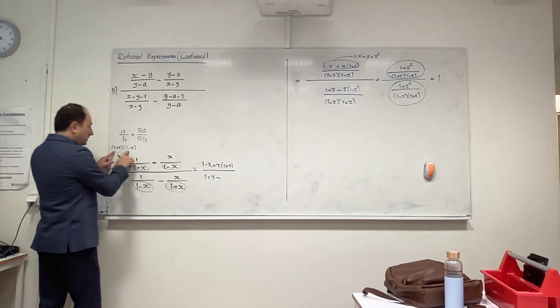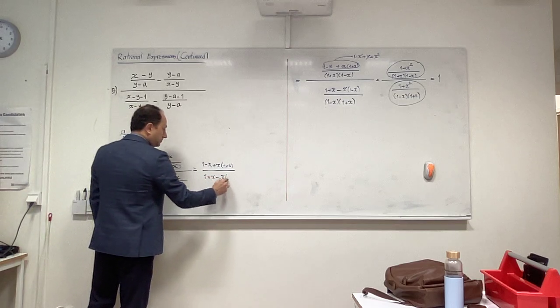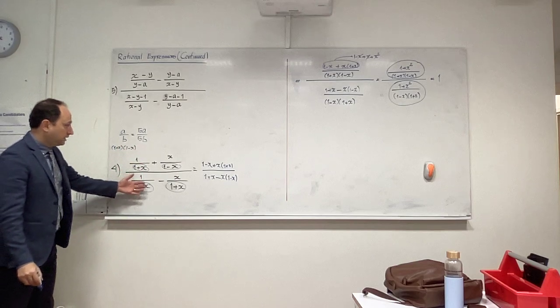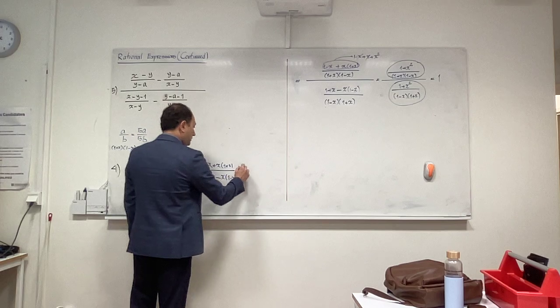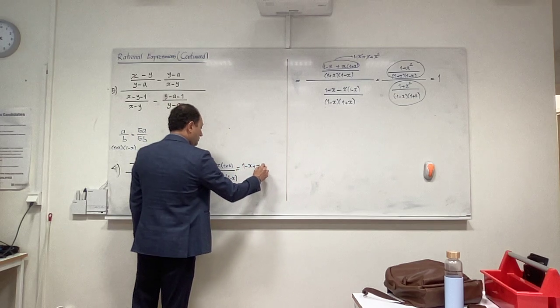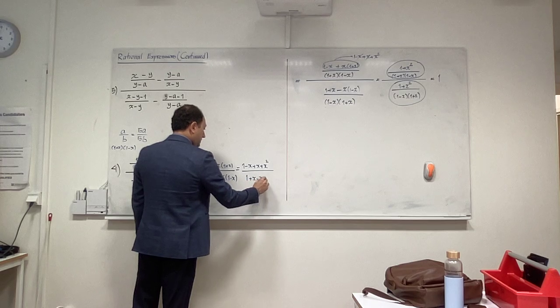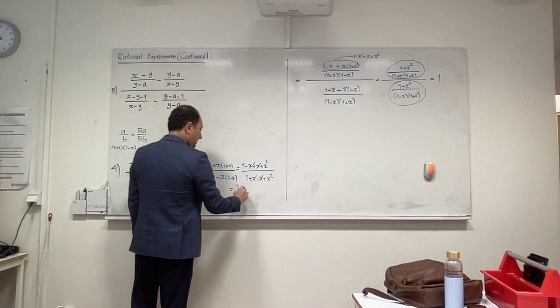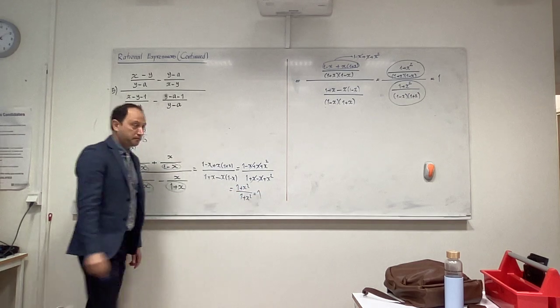And then I multiply this by that, x is left, so I multiply it there. So you see, immediately I go from here to there. And then I expand that. So it becomes 1 minus x plus x squared, and then 1 plus x minus x plus x squared. And these two are gone, so this becomes 1 plus x squared divided by 1 plus x squared, which is just